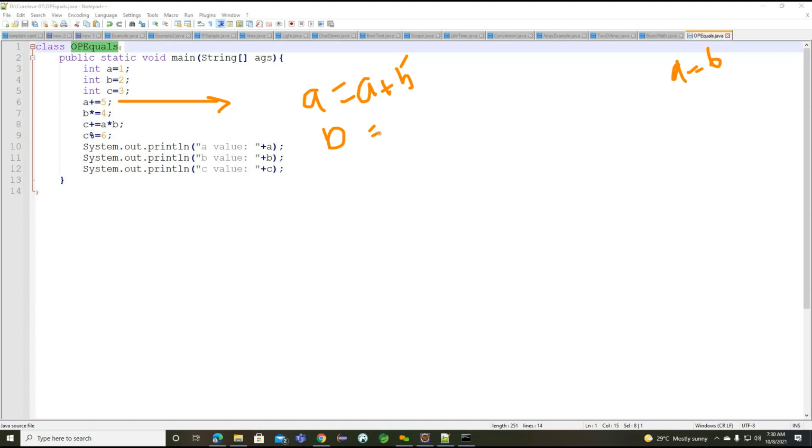Now if you understand b, b is multiplied with 4. Initially, what is the b value we have? 2. And if we multiply the value, what b value are we going to get? The b value we are going to get is 8. Now we can see c. So c equals c plus, getting the point.